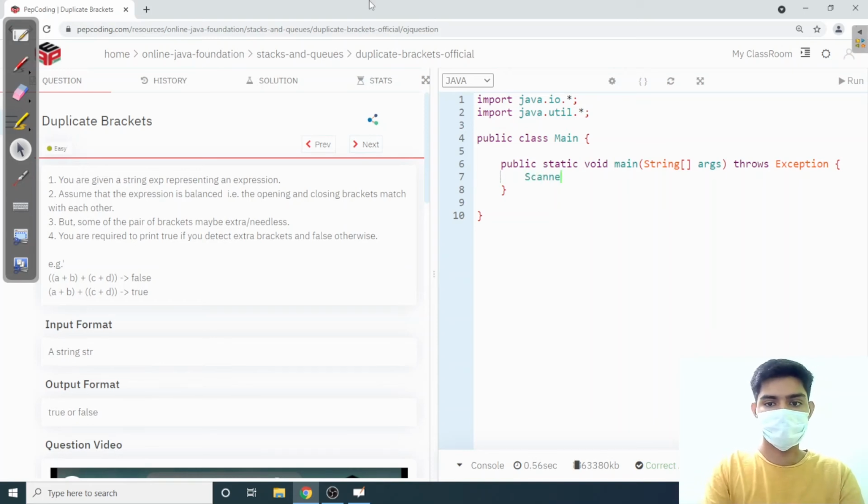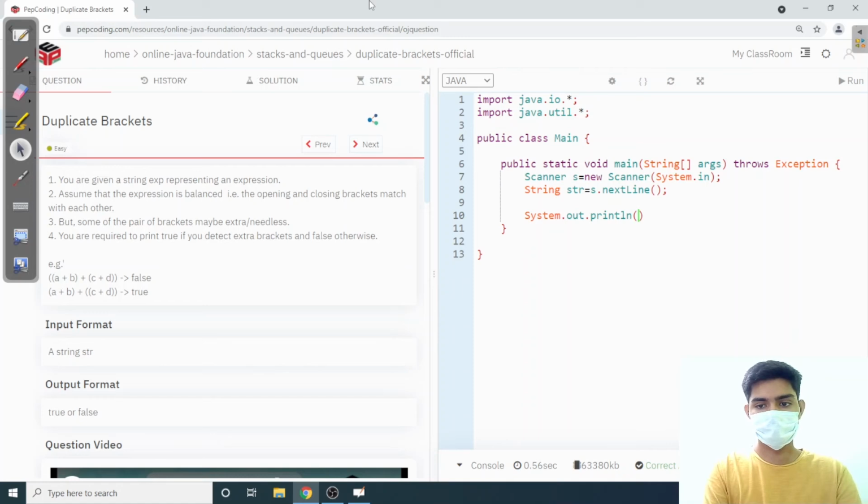So first I'm going to take the scanner. We're going to take a string input, so s.nextLine, and let's write a solve function which will take this string and return a boolean type.